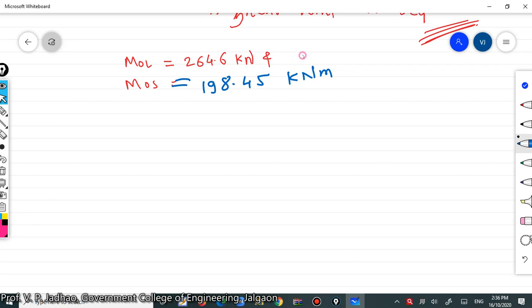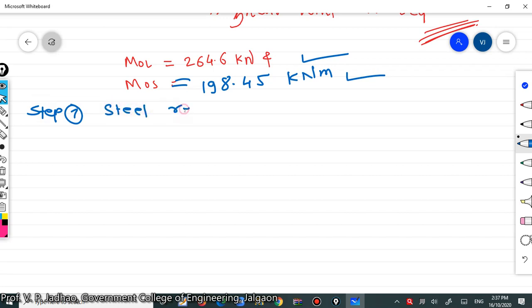Now, for calculation of steel reinforcement, we have to distribute MOL, the bending moment along the longer direction, and MOS, the bending moment along the shorter direction, among the column strip and middle strip, because we will be designing the column strip and middle strips as continuous beams. Once we distribute the moments, we will be able to calculate the steel reinforcement.